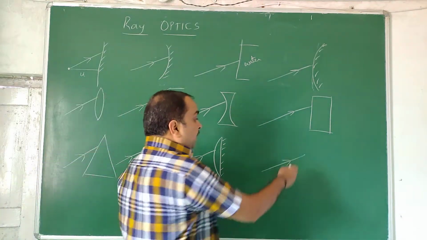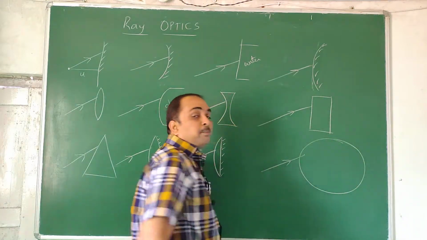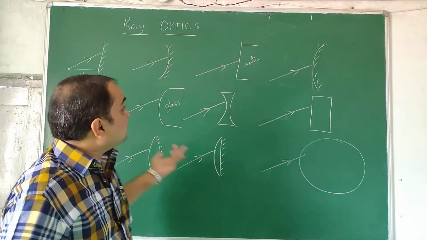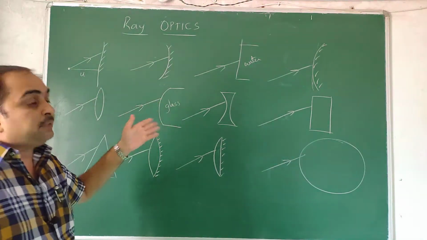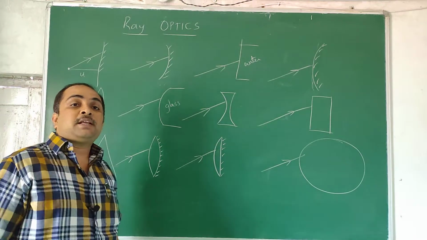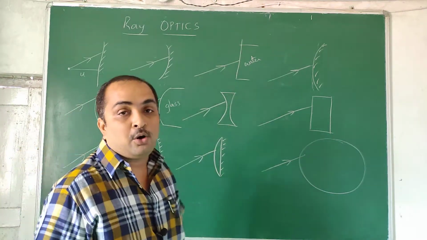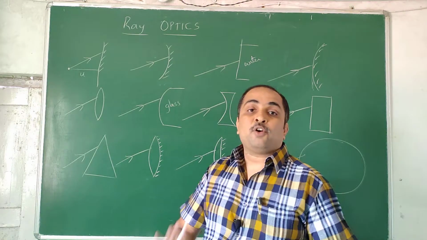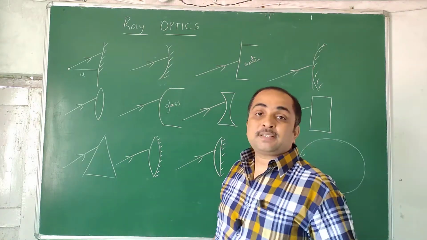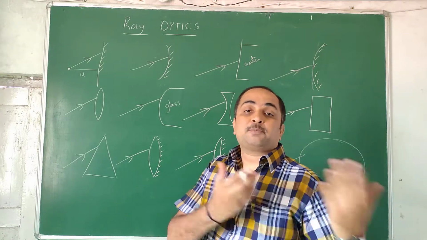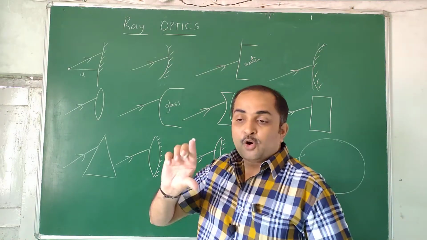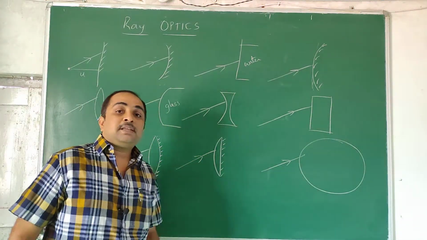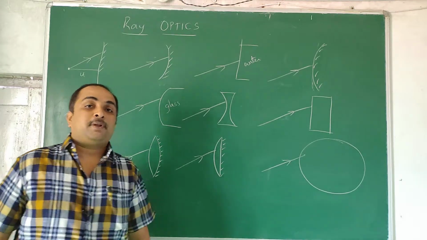So you can have here, I forgot, a glass sphere. What happens to the ray? If you can answer this kind of question, what happens to the light ray if it falls on any one of these, your target has been achieved. This is the MLG, minimum learning goal. If you are entering into the chapter, we give you a ray in the form of a question and we expect you to tell what's happening to that ray. We give you the object distance, we expect you to tell the image distance. We give you the object height, we expect you to tell the image height. So these kinds of things are going to be handled in this chapter.